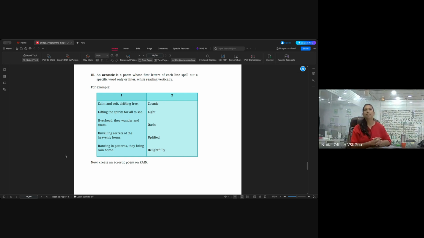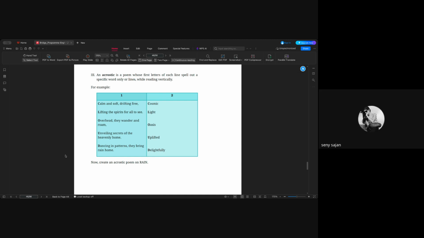Now another concept that's coming in terms of the structure of language is an acrostic. An acrostic is basically when you have something, I don't know if you have done this, but we normally do it for birthdays, when you want to write qualities of a person, adjectives of a person, you take the name of the person and you write one adjective. For example, my name is Ziva, so I take Z and write something. I take I and write something. So as can be seen on the screen,